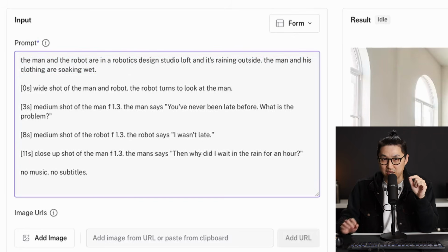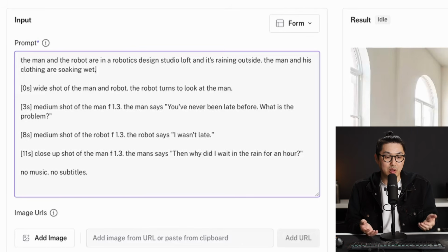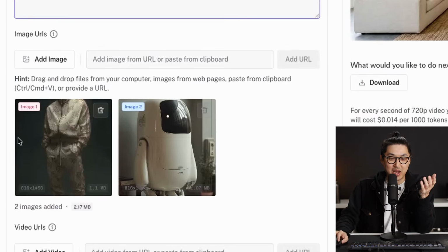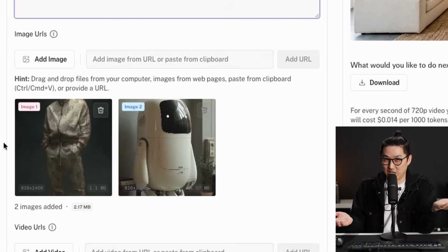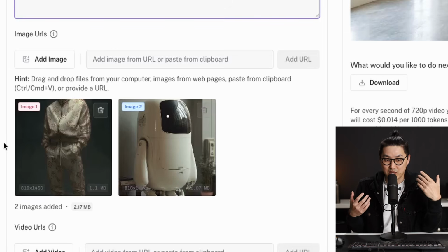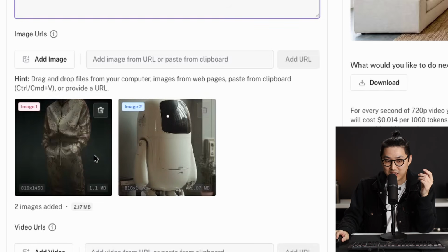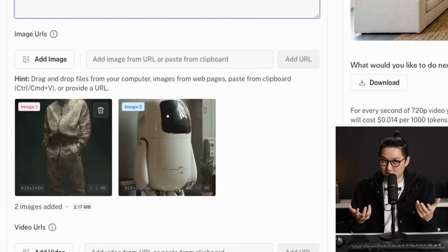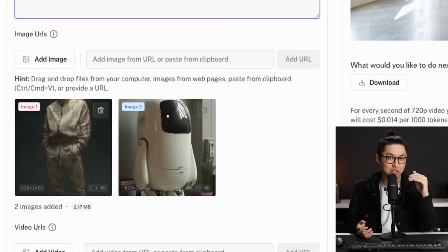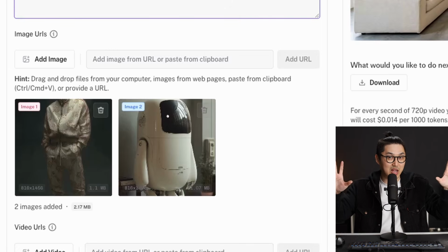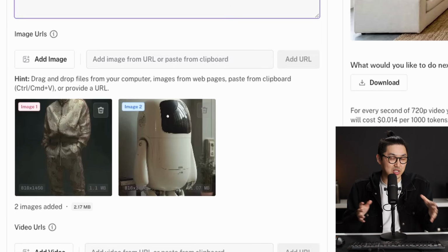From there, we're going to move into timeline notation, where I'm going to be doing multiple shots in one generation. This is for a couple of reasons, but the main one is so that we have consistency between the characters and the location. Again, if we look back down at what I've referenced, I haven't referenced the location yet. So I'm basically asking Seedance to create this location from purely prompt, but use the actual characters that I've referenced in. By doing a multi-shot here, when it generates the first shot, it'll be consistent between the next shots that happen after that.